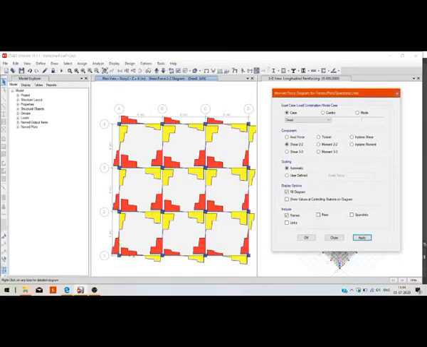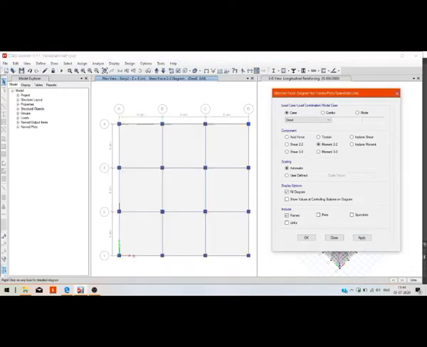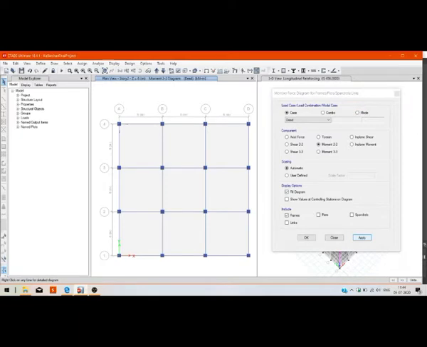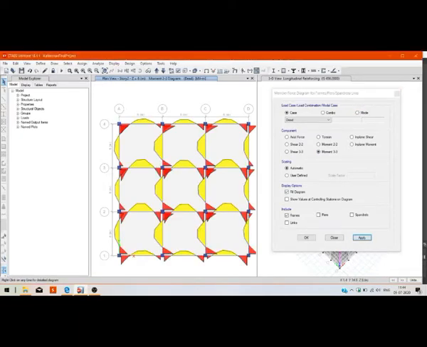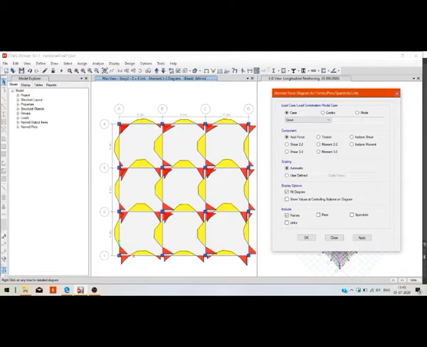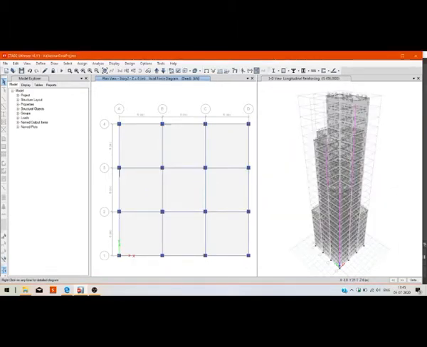You can also check the shear force and bending moment diagram by this window, the member force diagram. You can see the shape of the bending moment.